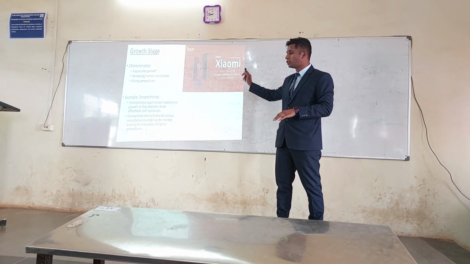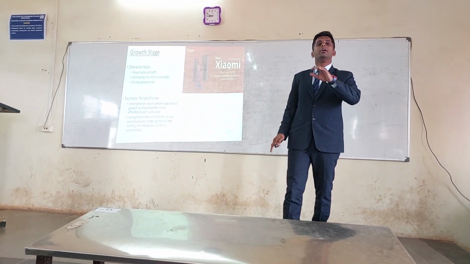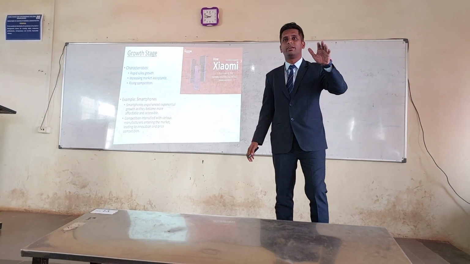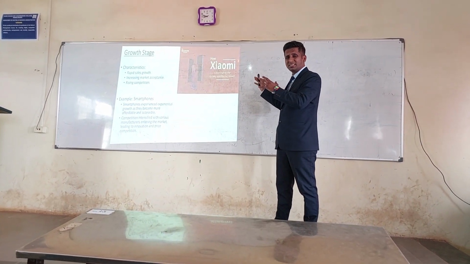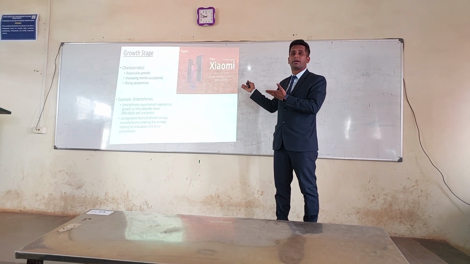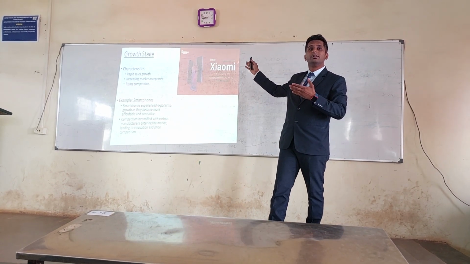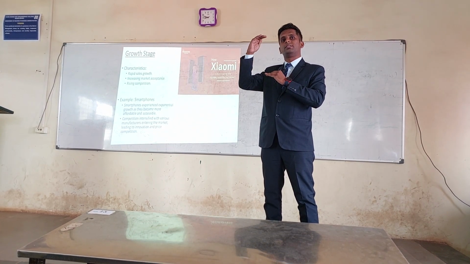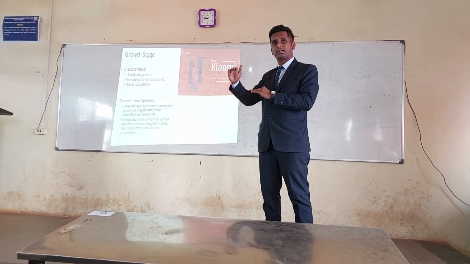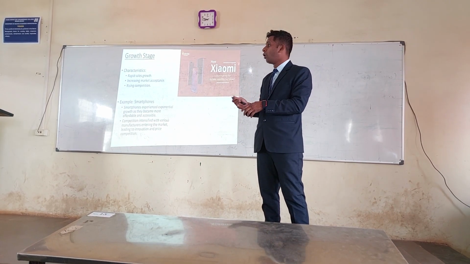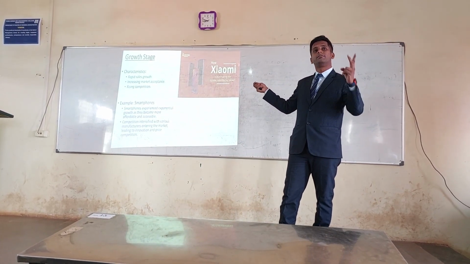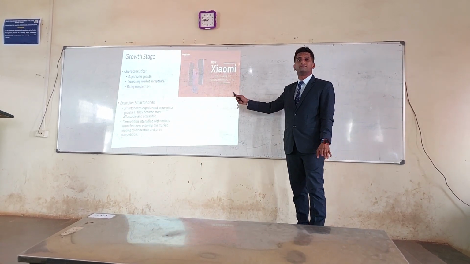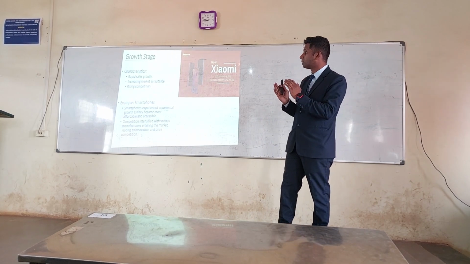Best example, if you see Xiaomi mobile, when it came into the market, no one gave it a chance, it was seen as a useless brand, and no one would take it. So their strategy was to reach all levels of target customers: the high class, middle class, and lower class society. They designed a 1 lakh rupees phone, a 50,000 rupees phone, and also a 10,000 rupees phone. So it reached all customers. That's why the sales growth is very high.